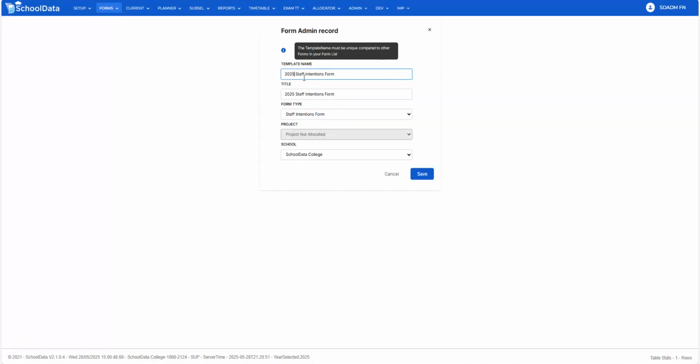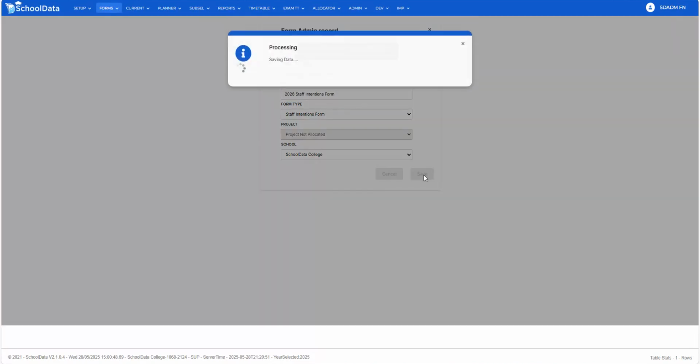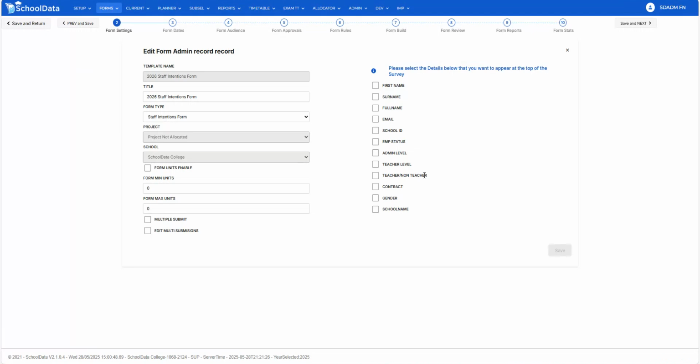I'll give it a name. For sake of ease, I'm going to call it 2026 staff intentions form. Ensure it still says staff intentions form as the form type, and press save. Pressing save launches the form wizard, and you'll see you've been taken to step 2 now